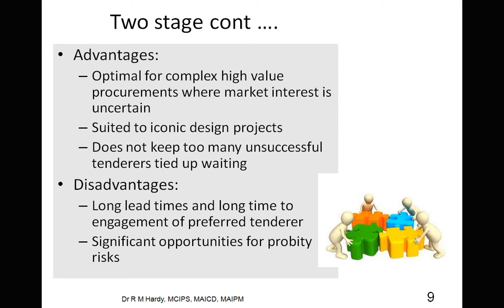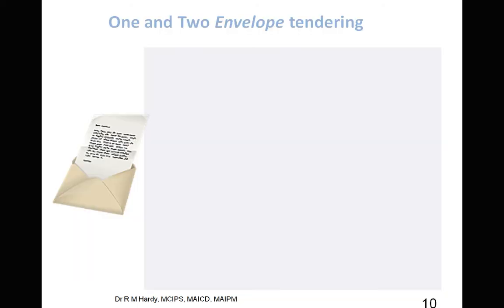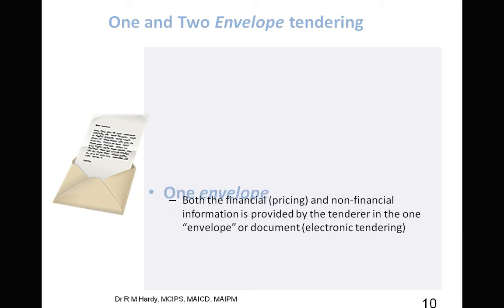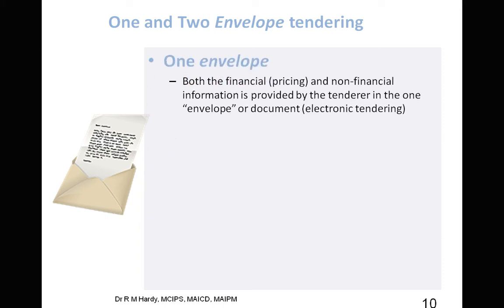Okay, so that is the last of the forms of tender, and then now we get to really how tenders get received once they're on their way in. So we're really looking at 1 and 2 envelope tendering. So if we start with 1 envelope tendering,